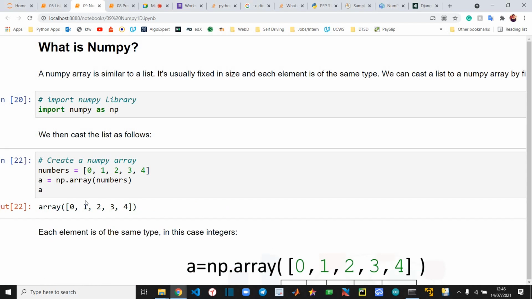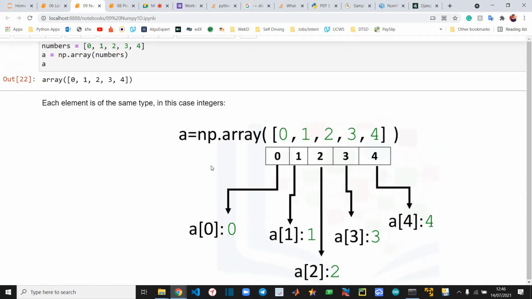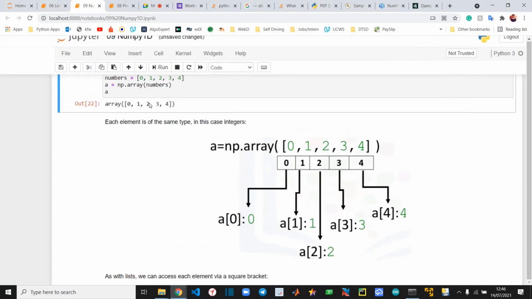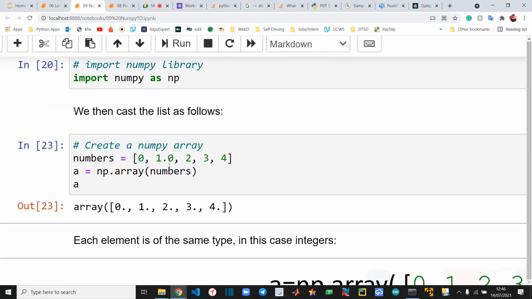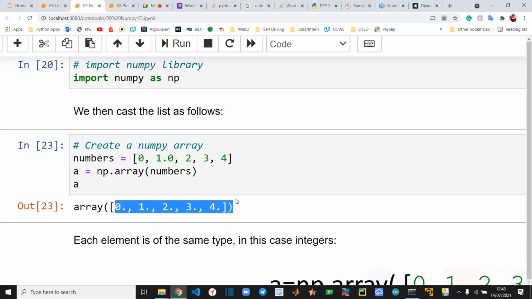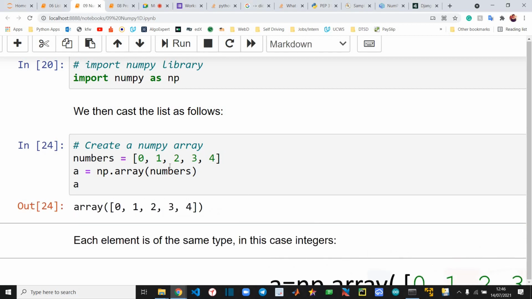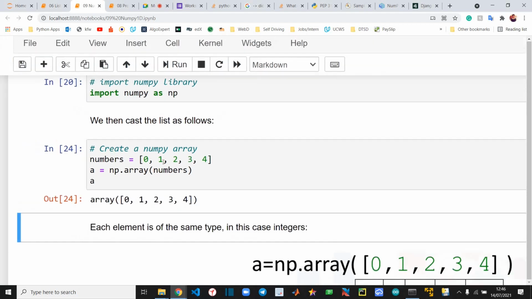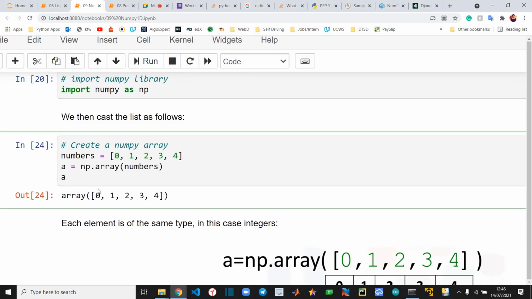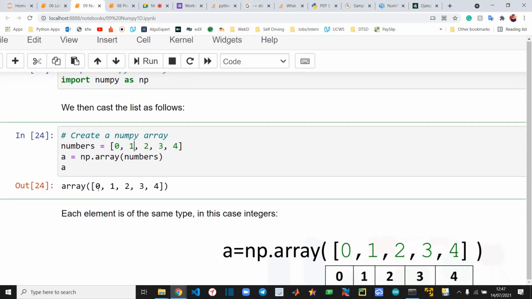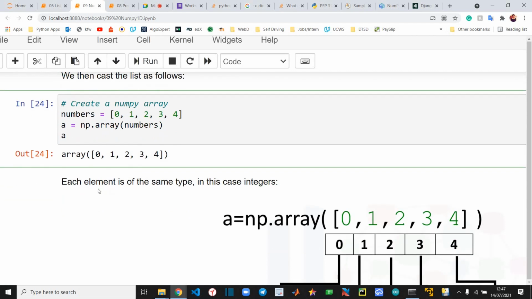Okay, you can see here the data type is of the same type. What will happen if I write 1.0? All of this was converted into floats. So keep in mind NumPy only accepts one kind of data type. This may have generated an error before. They keep improving Python, so I think that's why it was able to handle this. In NumPy arrays the data type is of a single type.